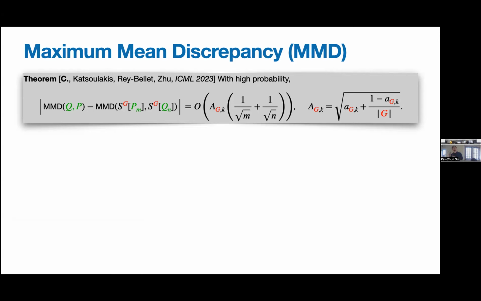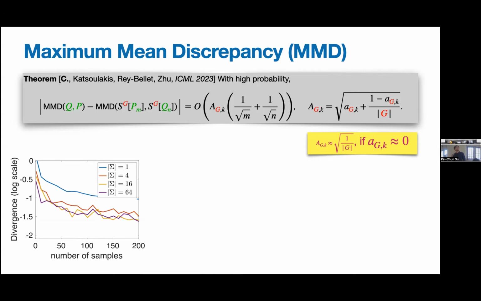For example, with Gaussian kernels, the kernel is maximized along the diagonal, and if you go away from the diagonal, it decays. Intuitively, if you have fast decay, then little a should be small. If little a is very small, then capital A is approximately the square root of 1 over the group size for a finite group. Multiplying this into the two terms, you get 1 over square root of group size times m and 1 over square root of group size times n. So similarly, you have the effect of IID data augmented samples, but it really depends on the kernels.